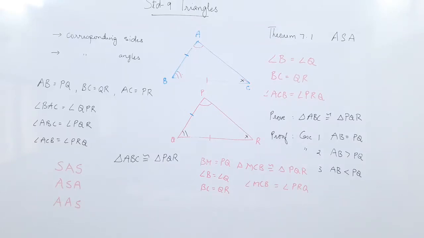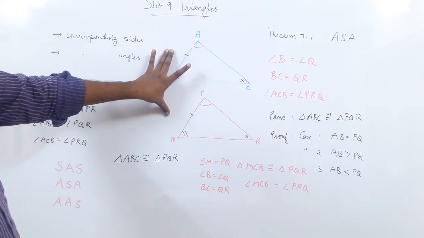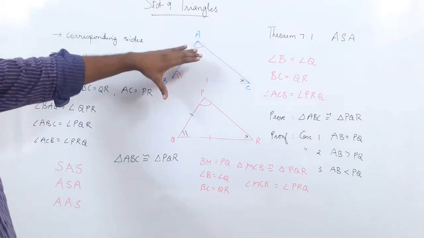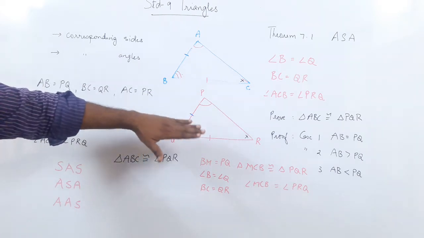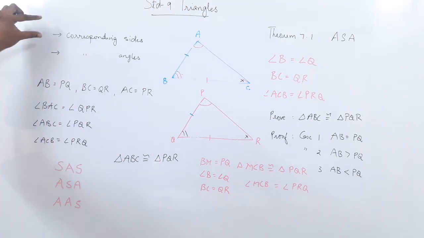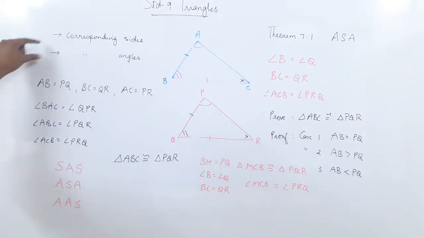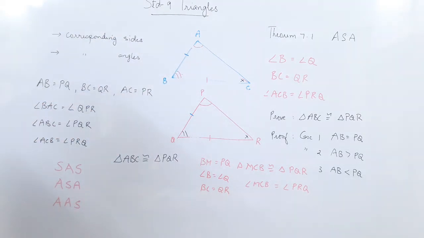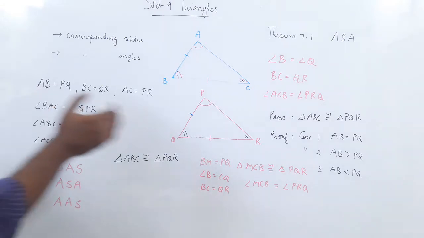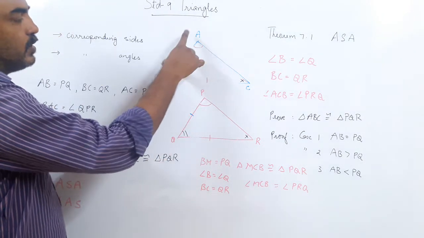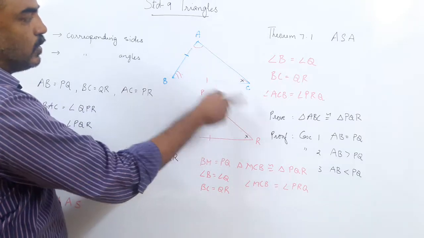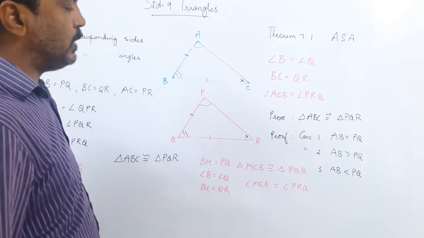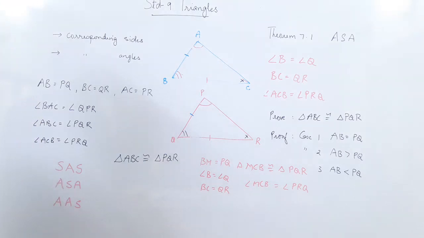Good morning, friends. So, we continue with our chapter on triangles, and I hope you do remember what we did in the previous lecture. Two triangles are said to be congruent if they are of the same shape and the same size and placed in such a way that the corresponding sides are equal, corresponding angles are also equal. So, we learned yesterday that when you place a triangle over the other, if the corresponding sides are equal and the corresponding angles are also equal, then the triangles are congruent.